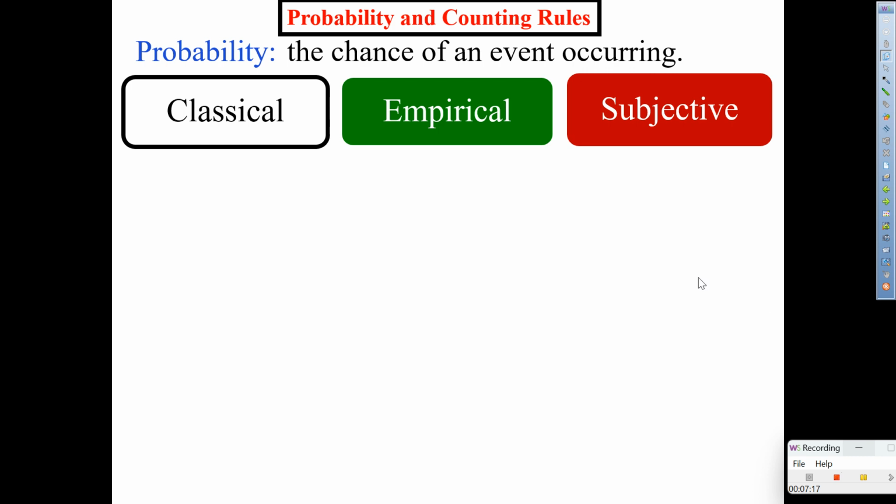All right, so I think we got it. Looks like Maddie, JC, and Pedro got this. Very good. Jet got it. So let's see. We know classical and empirical. We just saw it on the warm-up. What is subjective, Jet? When people make educated guesses, and that's why the probability might not be as accurate. That is correct. And that's why yesterday you saw that everybody had a different opinion as to what they saw Jeremy Lin do in regards to scoring a basket or an assist. All right, so